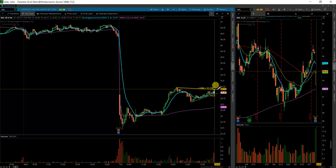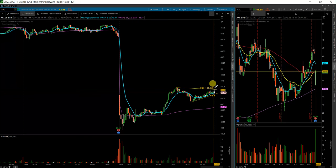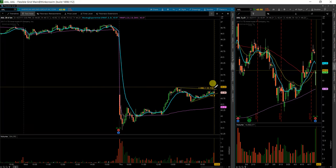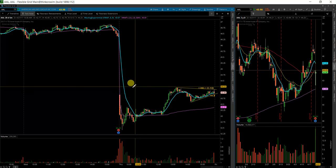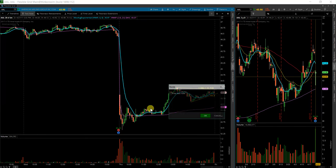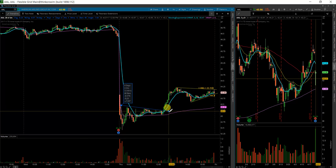And as with most of my trades, as price goes up, if it does confirm, it will pull up this VWAP and this moving average, and whatever looks like a cleaner area to have my stop loss at, I'll trail it up with that. Now, there was an actual breakout from basically this range down here,